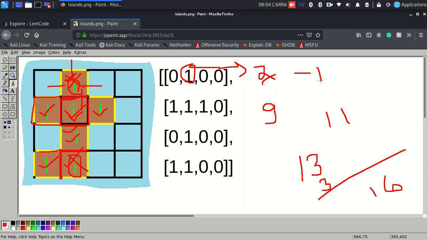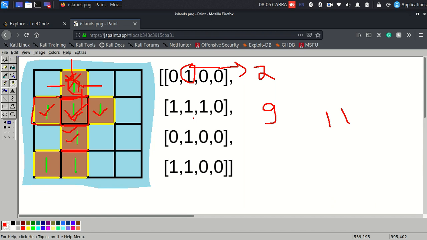The reason this requires less code is that when I'm searching for a particular island, I would just use the absolute value. So if this is already traversed and I put -1 here, when I am at this island I can see whether any of my neighboring cells has an absolute value of 1. It will consider this, although it has been traversed, because the absolute value of -1 is nothing but 1. So this is how I'll do it.